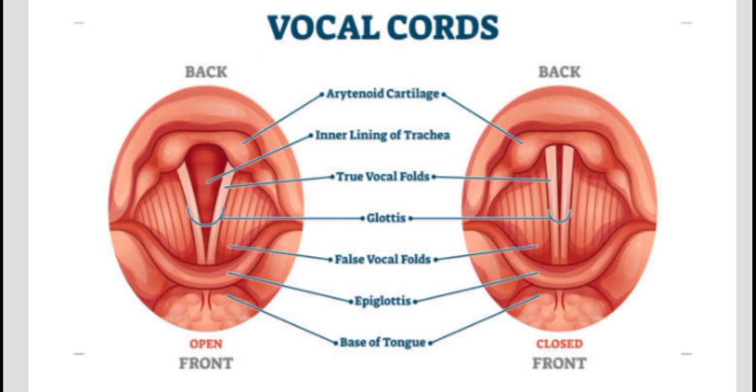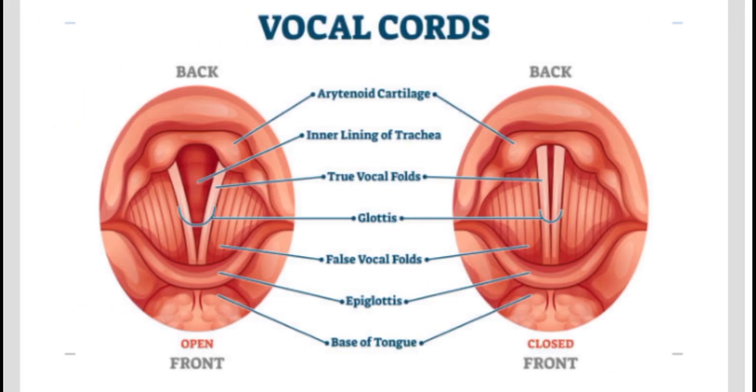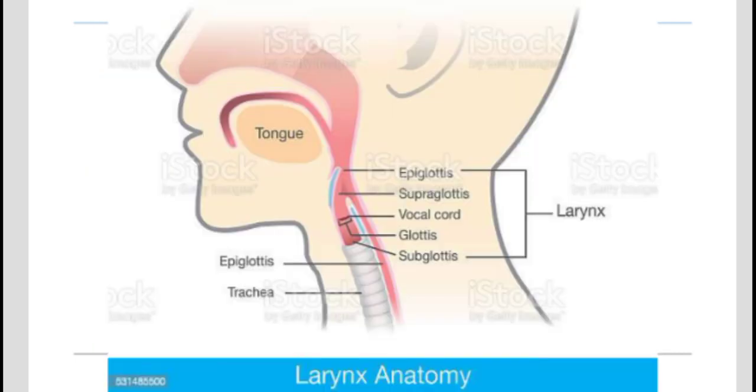Now let's discuss the second diagram of vocal cords. Basically this is a magnified image of the vocal cords. These are the cartilage bones, which help us in speaking words. So we must be very clear that our structure is very complex. Here I have also displayed the larynx anatomy. This is basically the internal anatomy.